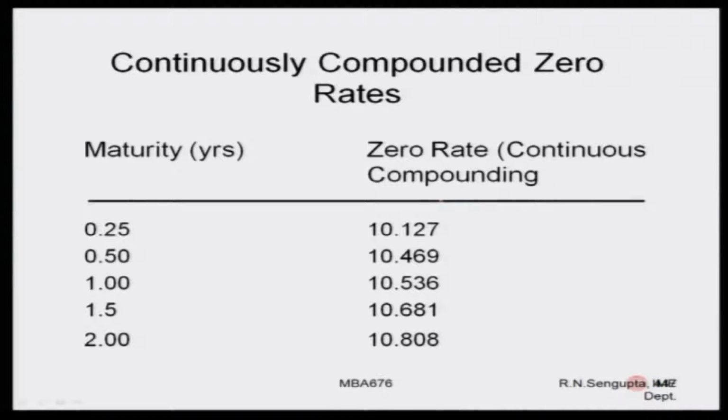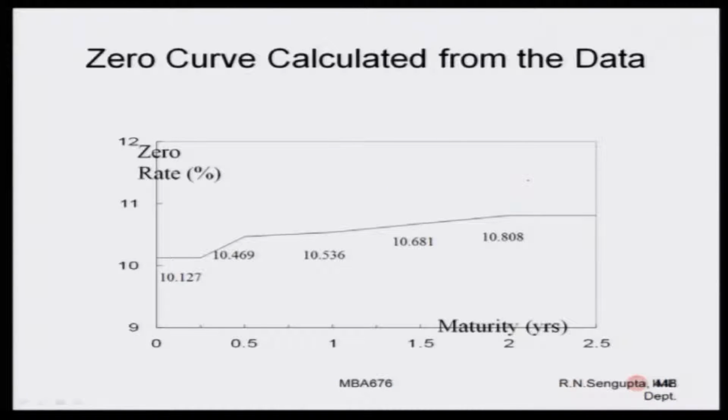But note down again, I am repeating, these are the zero rates and they are being continuously compounded, and the values are being found out on an annual basis, that is, percentage per annum. So, if you draw the curve for the maturity, which is plotted on the x axis, and the zero rate, which is plotted on the y axis, this value gives you that in between,